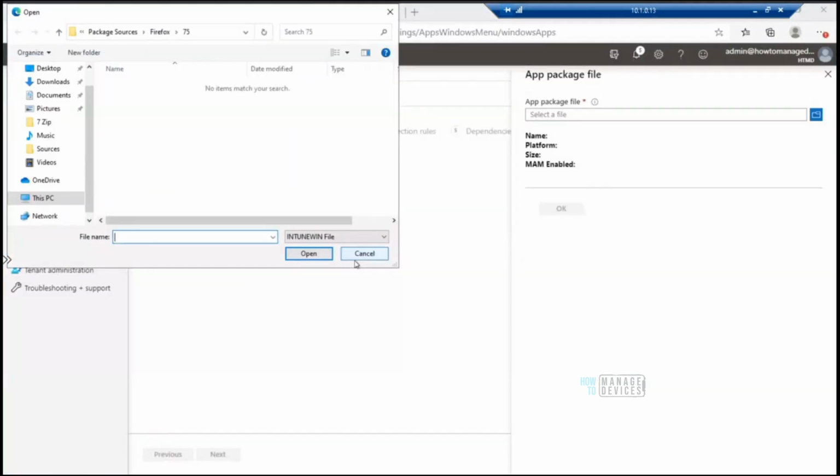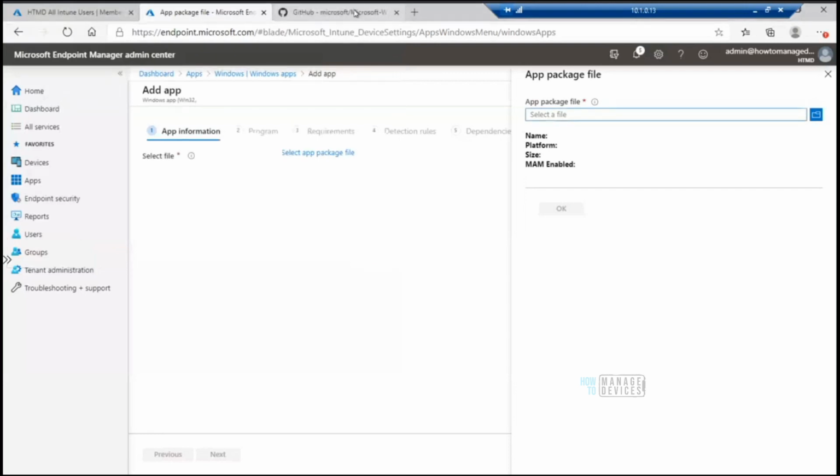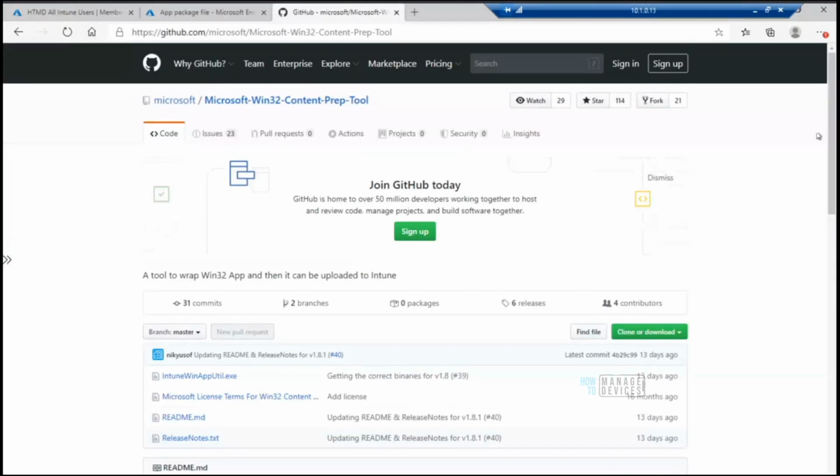So what I'm going to do here is, this is the GitHub page for downloading the Win32 content prep tool. I already downloaded it, but I just wanted to show you. Don't download this one directly, it might create some issues. This is what I faced recently.